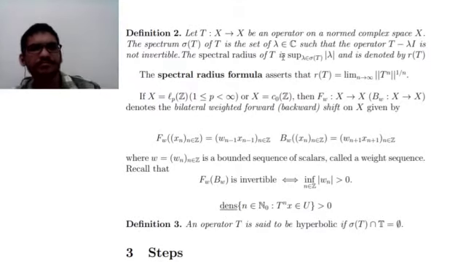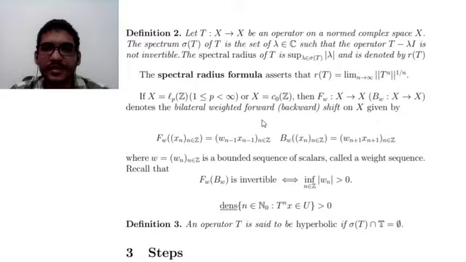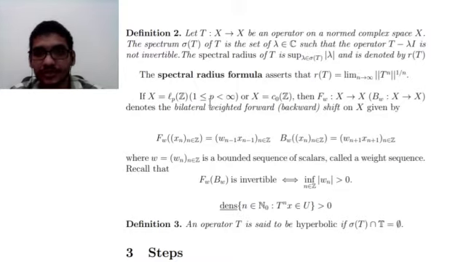Okay, if X is equal to l^p(Z) for p greater or equal than 1 and finite, or X equal to c_0(Z), then we define the forward shift and the backward shift, this and this one, given by this definition. Okay,